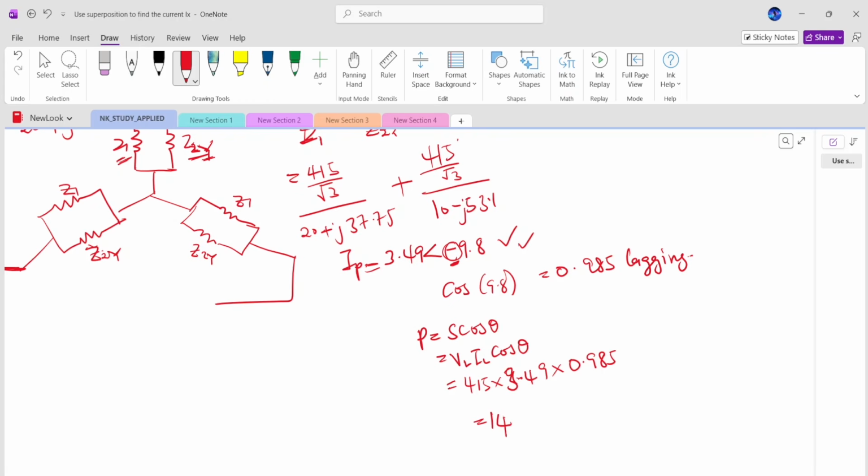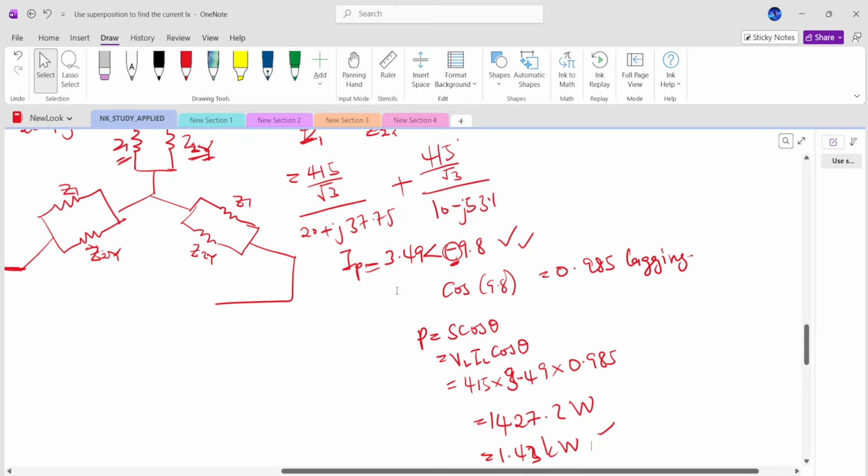That's 1427.2 watts. So someone can say 1.42 or 1.43 kilowatts. And that is your answer. Okay,